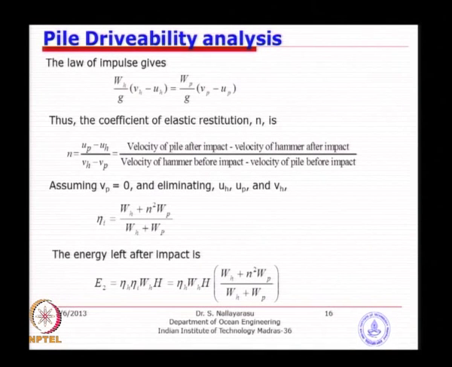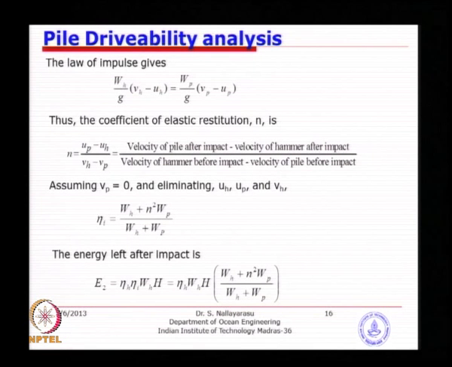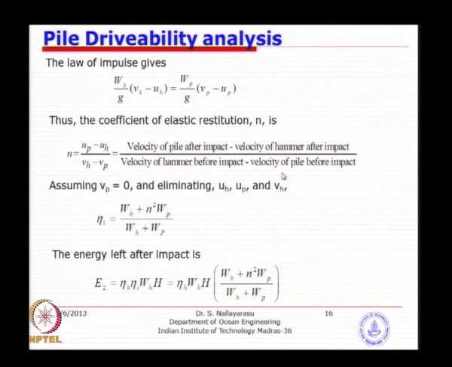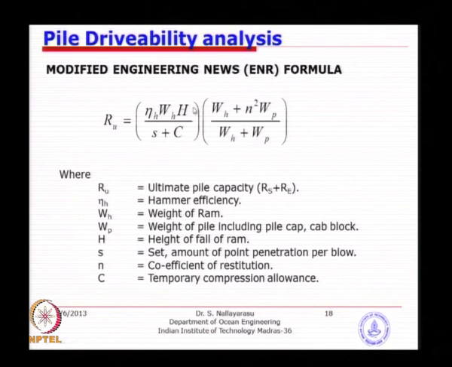Most of the materials that we are talking about, steel, timber, wire or wire mesh, concrete, will have a coefficient of restitution definitely less than 1, as some amount of energy will be absorbed. So, what we are looking at is, during the process of impact, what kind of changes the driving system goes through, and that is what the Engineering News formula is taking into account.